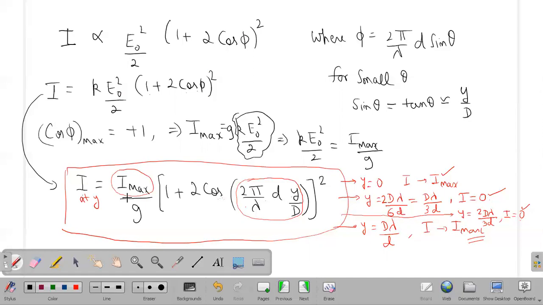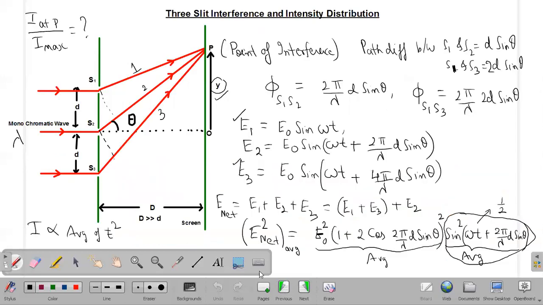So this was the intensity distribution in the two slit experiment and three slit experiment of Young's experiment and problems related to interference. And we can extend this theory for a four slit experiment, five slit experiment, and even for n number of slits, provided all the slits are equally spaced from one another. The spacing between the slits was considered to be equal in this example. I took the same spacing d between the slits. So this way you can increase the number of slits and analyze the intensity at any general point relative to the maximum intensity on the screen.